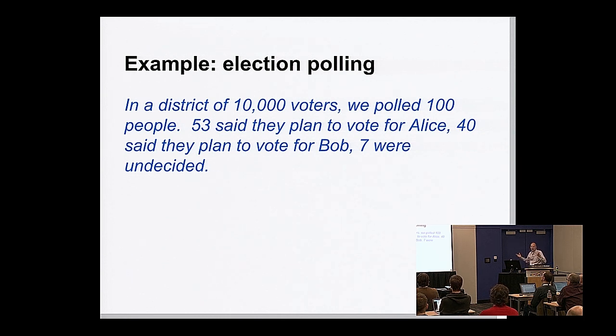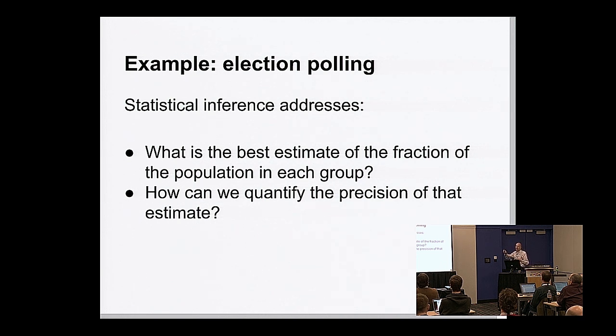A couple of examples. So one common version of this is election polling. You normally can't poll the entire electorate. You don't even actually know who's going to vote. So the hypothetical population is everybody who will vote in an upcoming election. The sample is the people that you're able to ask, and you ask them who they're going to vote for, and they tell you, let's say that you observe in your sample that 53% are going to vote for Alice.